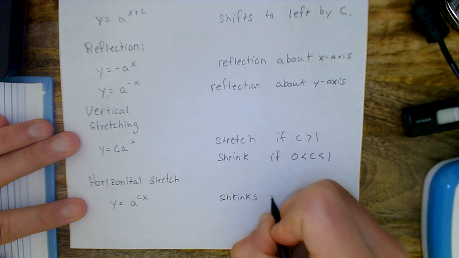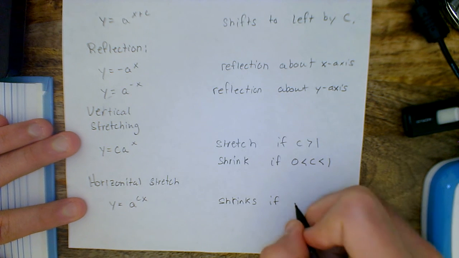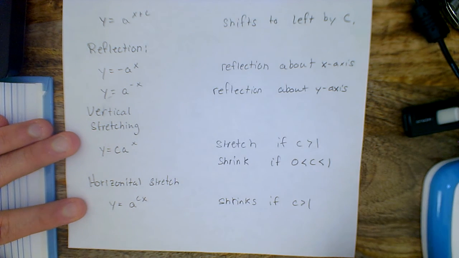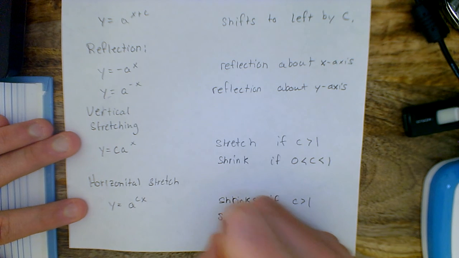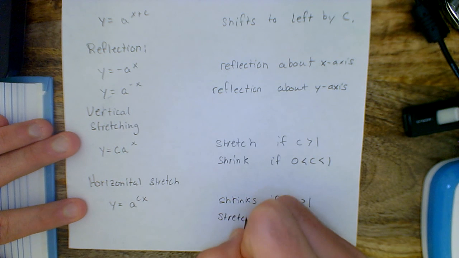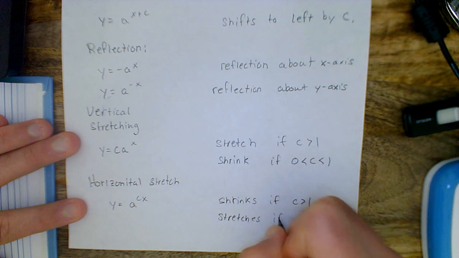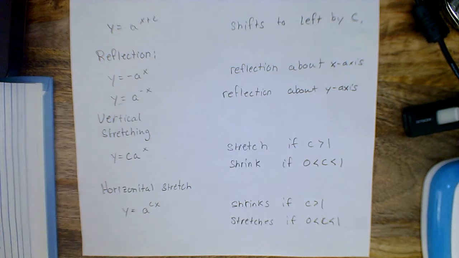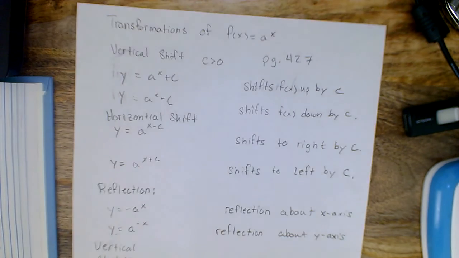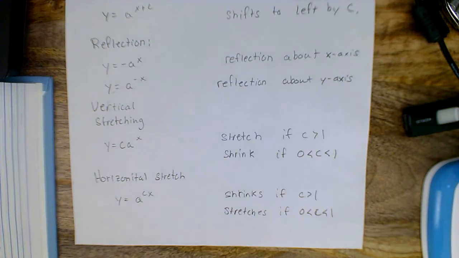It shrinks if c is greater than 1 and stretches if c is between 0 and 1. Okay, so now that we've got that table, and again that table's on page 427,